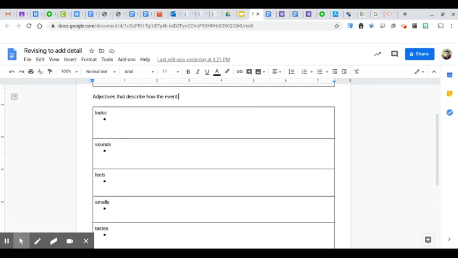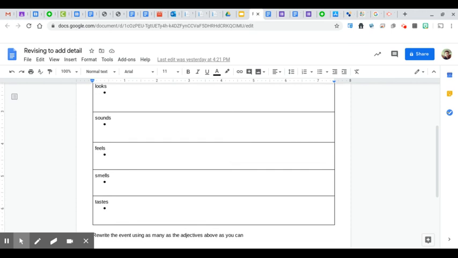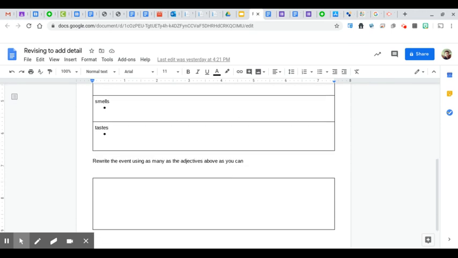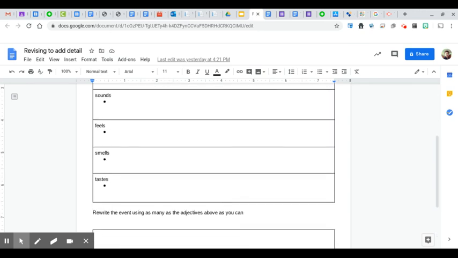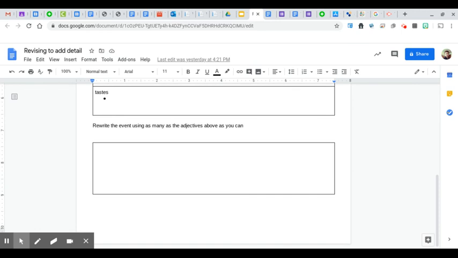So once you've got, I want you to maybe try to get, if you can, 3 different adjectives for each one of those senses. Some might be harder than others. If you can get at least one for tastes and smells. But I think in many ways, looks and sounds and feels, those are sorts of things you can definitely add to. It doesn't have to be your introduction. Like I said, one paragraph or one particular